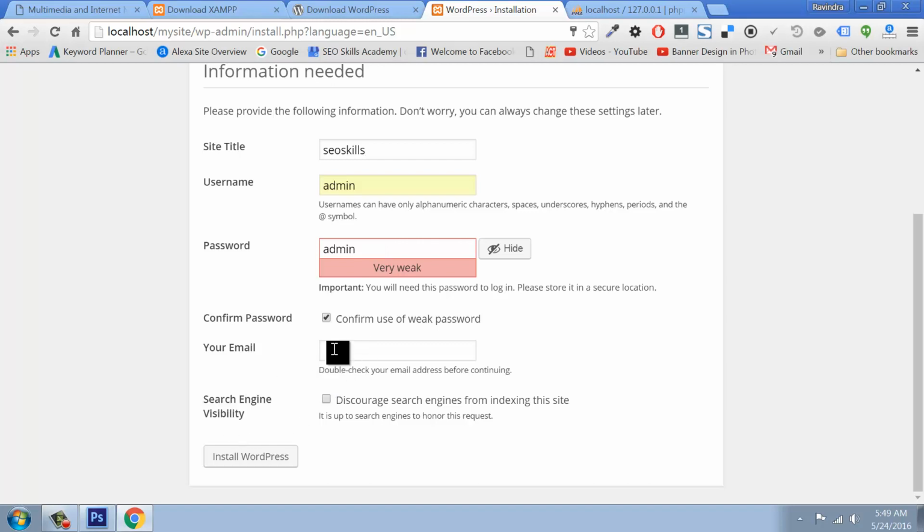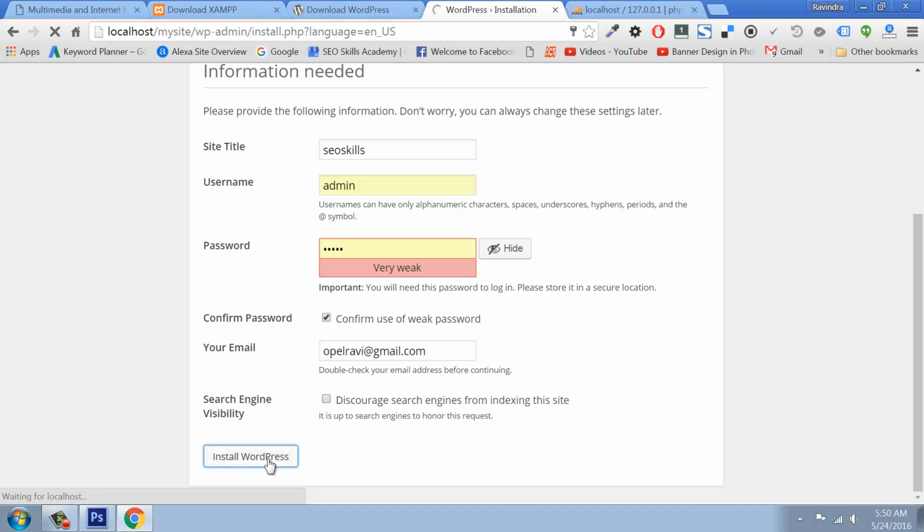Fine. So here opalravi@gmail.com, you can give any email, because it's very important. If you forget your password in future, they will directly send a reset link to this email ID. It's the admin email. So you need to uncheck this, because by default if I select this, Google crawlers will crawl this website and it will be indexed in their search. I don't want to do that. So simply say install. That's it.